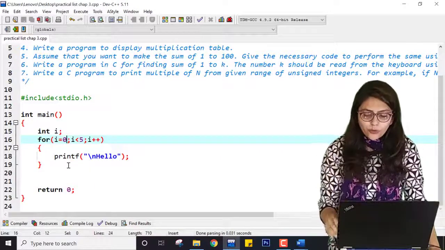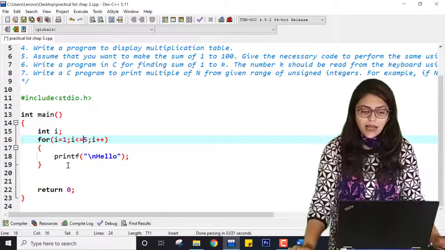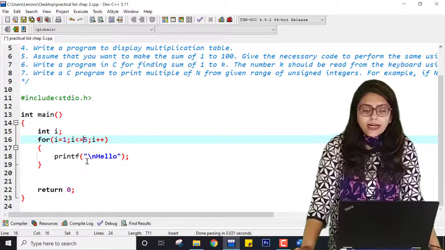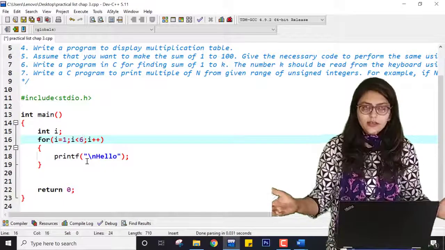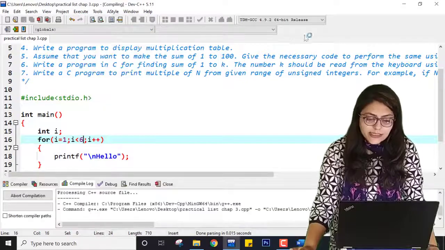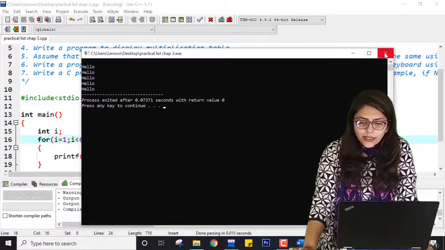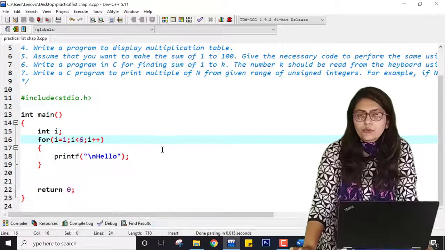I will not execute the loop for 5. If I am writing 5, then I have to write either i less than or equal to 5, or i less than 6. That is your choice, and both of them will give me similar output. You can see it over here. So this is the first practical, to print hello 5 times using a loop.